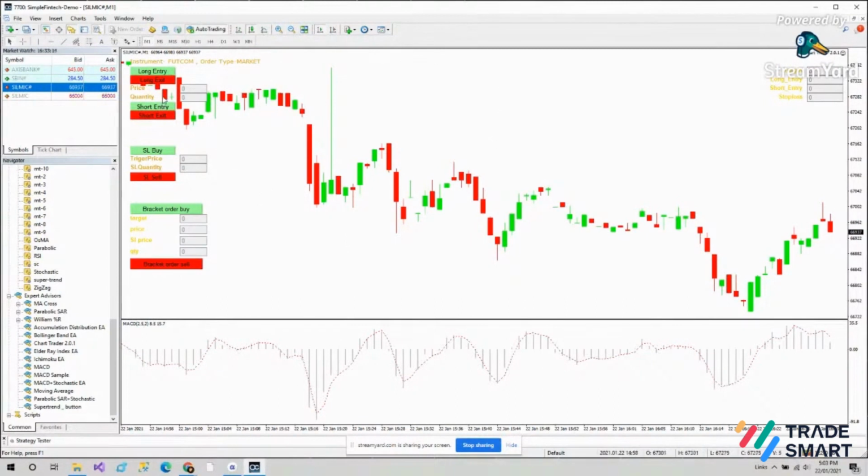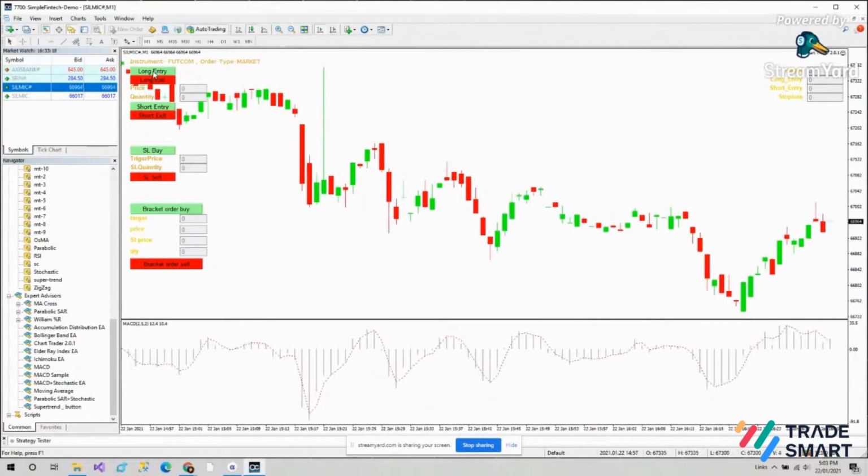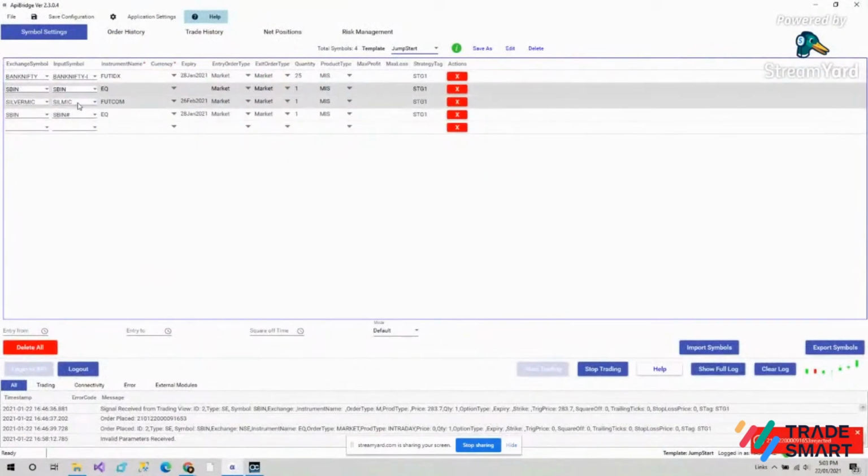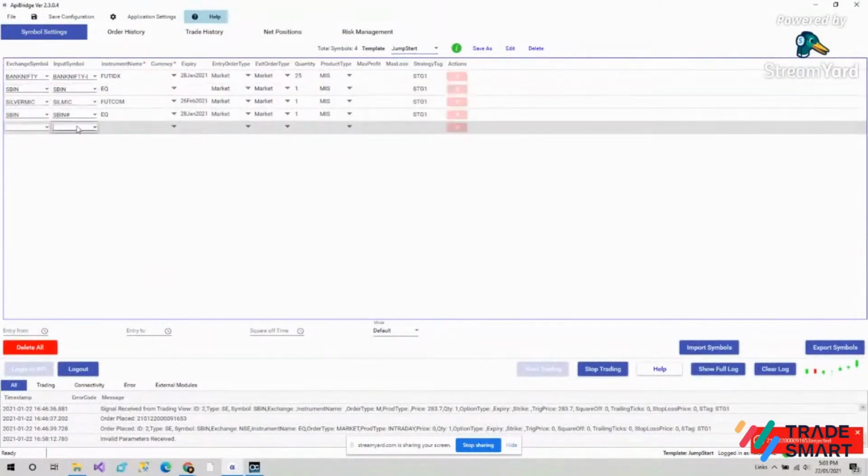So now suppose if I have to manually send a signal from MT4, I'll click on long entry. But before that, what I have to make sure is that the symbol that I see here should be the same symbol added in API bridge. So the symbol here is SIL MIC #. So the same symbol should be here in API bridge.